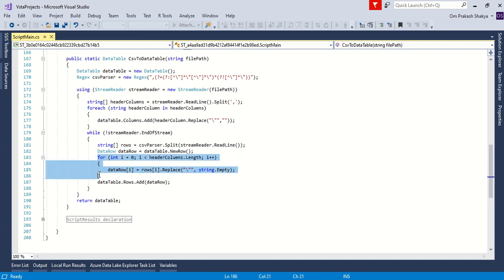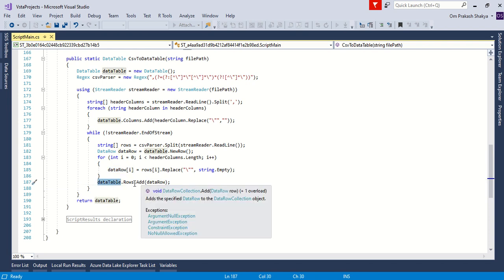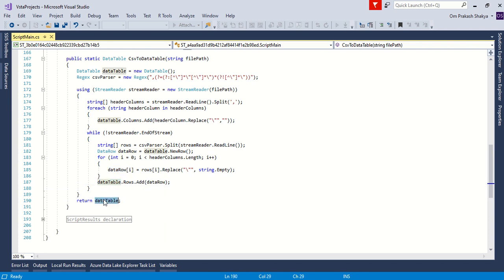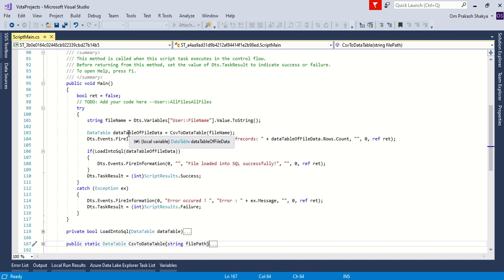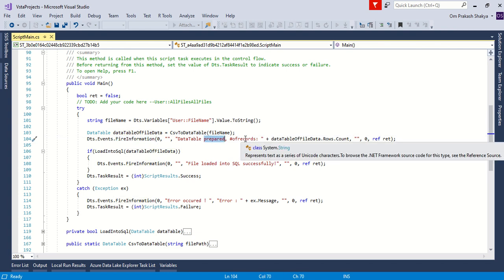And then we are looping through all the fields in that line and preparing the data row and adding this to the data table and returning this data table. Okay, so we are preparing a data table from that file, and then just printing a message that data table has been prepared